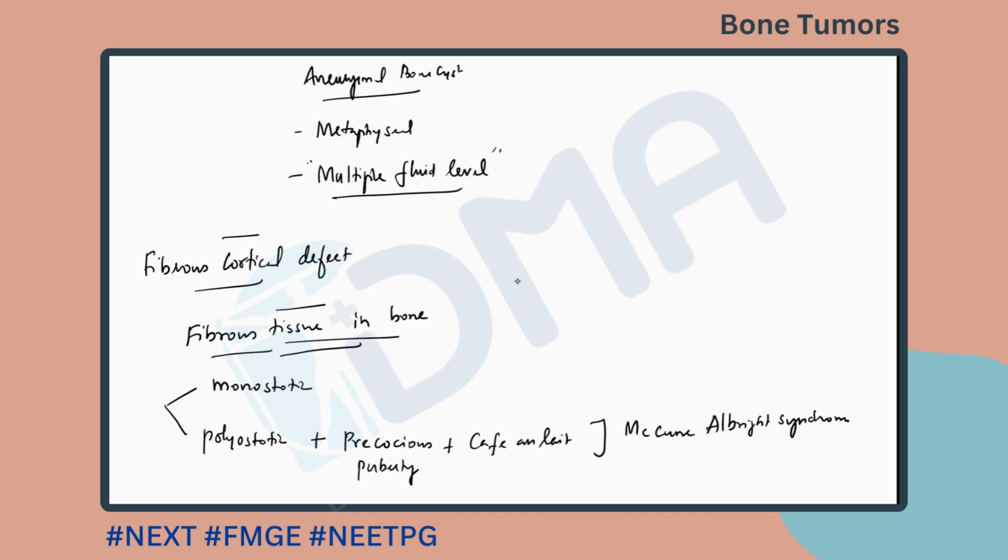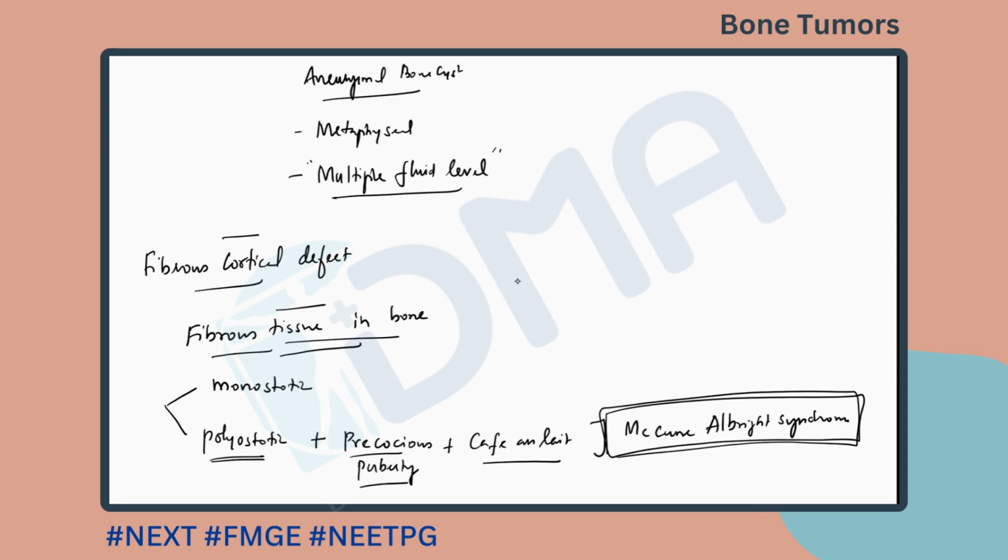So what is fibrous cortical defect? The presence of fibrous tissue in a bone. Just imagine if fibrous tissue is there in the bone, will it be strong or weak? It will be weak, so it is more prone to fractures. If this is seen in only one bone of the body, it is called monoosteotic. Mono means single. Sometimes it can involve multiple bones, then it is called polyosteotic. When there is a polyosteotic fibrous cortical defect, and the patient has precocious puberty and Kefauver spots, that syndrome is called McCune-Albright